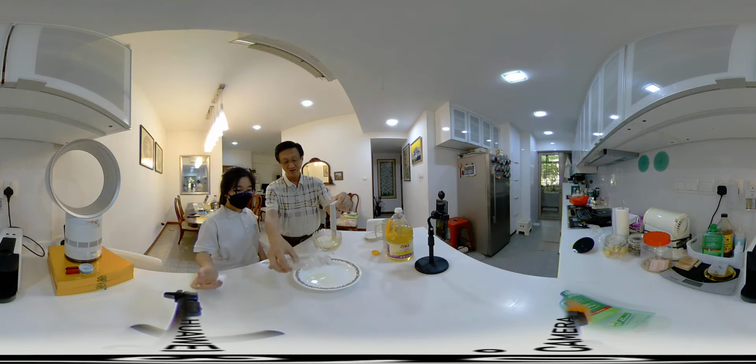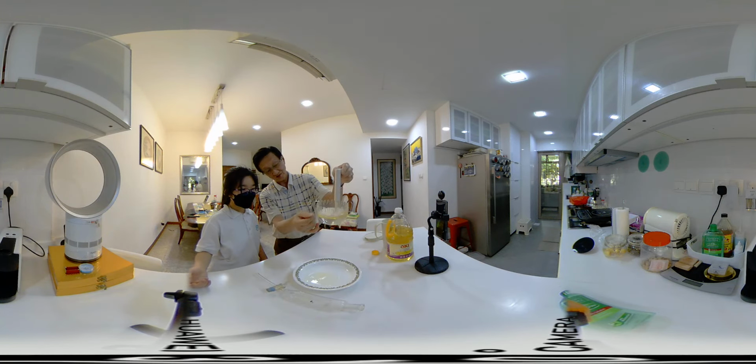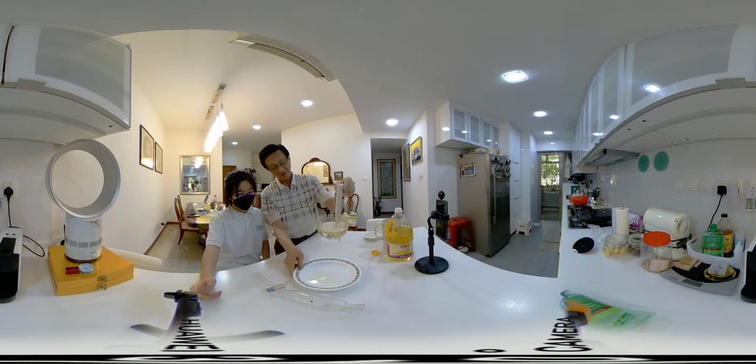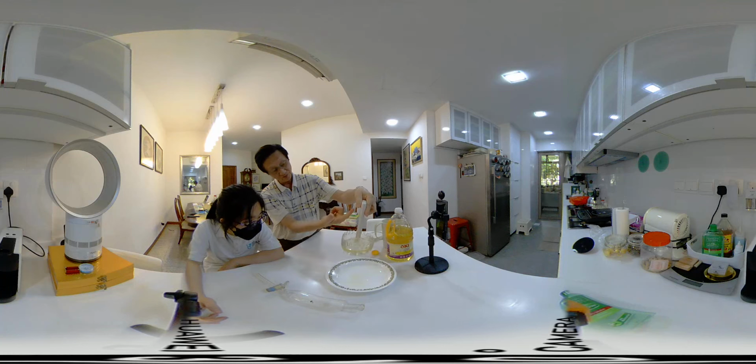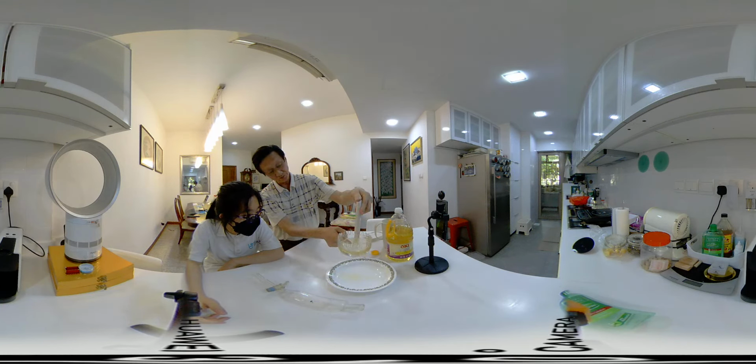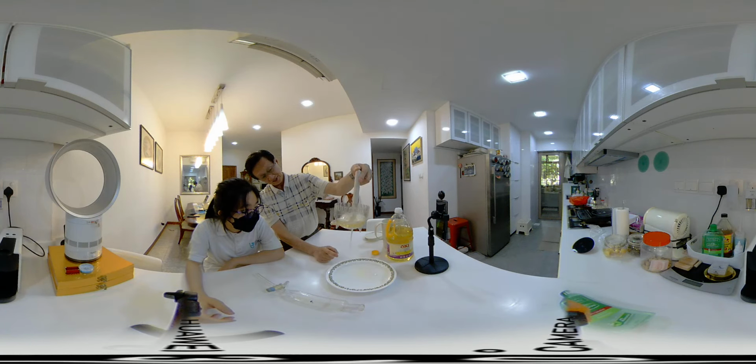They don't want the oil. So can you see the oil is on top? Yeah. And all they need to do is to use this and then pull this one up, and then it will drain off the soup from below here. You see? The soup comes out from here. And then up to here, then we throw away the